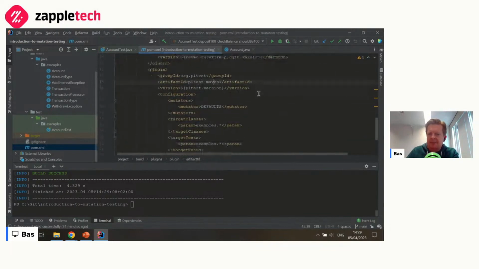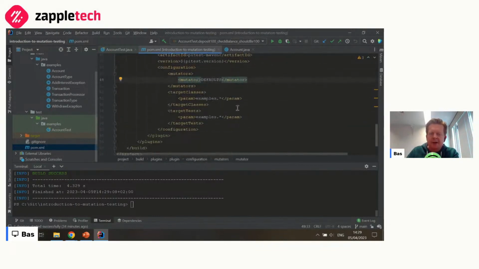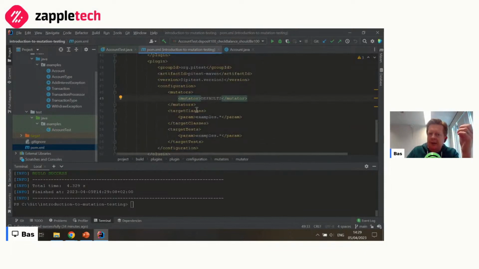PyTest is available as a Maven plugin. The only configuration I did here is I said, well, please use the default set of mutators, so the default set of changes it'll make. By the way, those changes are deterministic. So if I run PyTest on my test suite 10 times, it's going to create the same changes all 10 times.